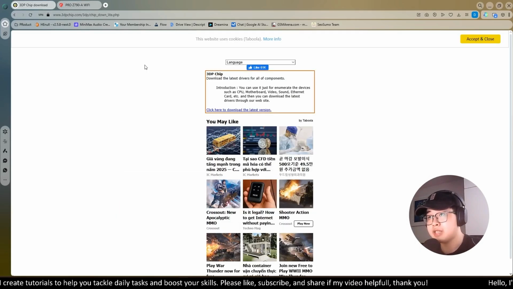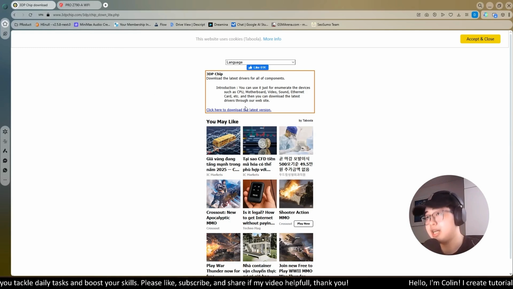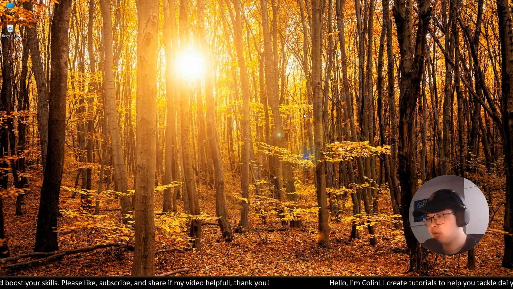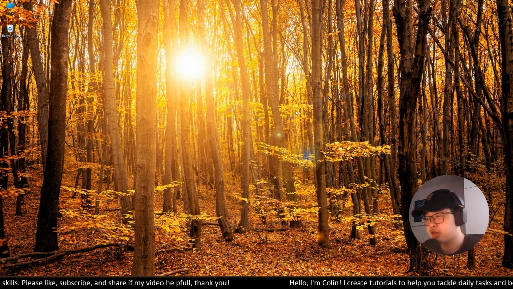If you can't find suitable audio drivers for your PC, you can go to this website, 3dchips.com, and you download this app. This app will automatically download all the drivers for you, such as CPU, motherboard, videos, sounds, and internet. After you install all the drivers correctly, if the issues still remain, you still cannot use the front panel jacks,